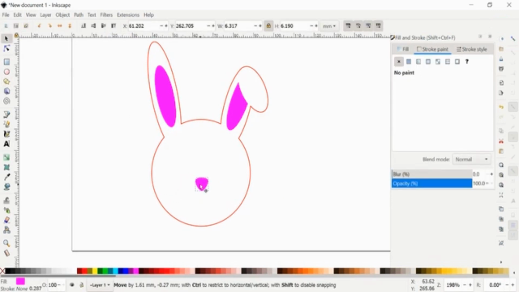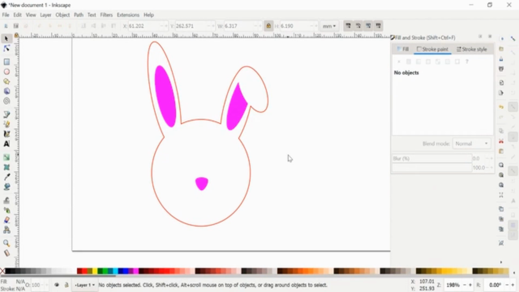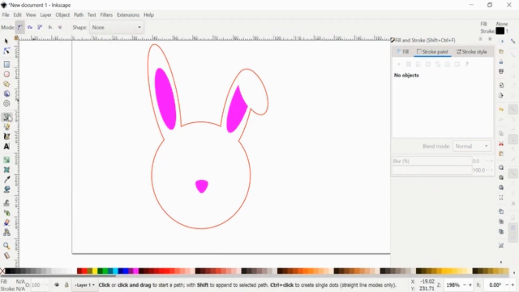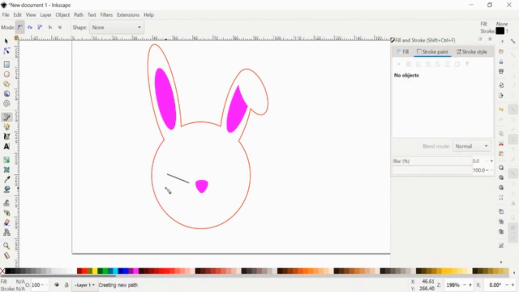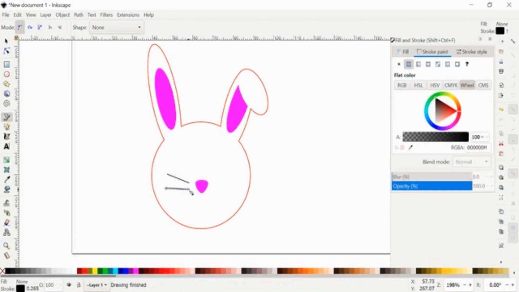So we're going to put that down here, and we are going to use our pen tool to just draw a straight line for some whiskers. So you make a start point, and then you go where you want it to end, and I'm just going to hit enter, and it's going to turn that into a line for us. And I'm going to do 2 more,